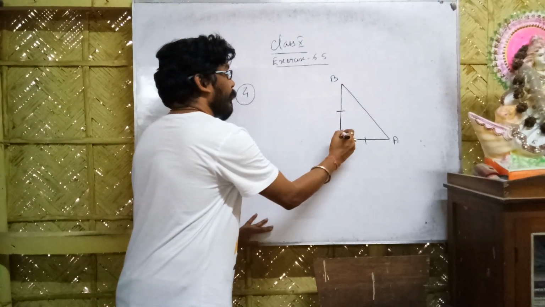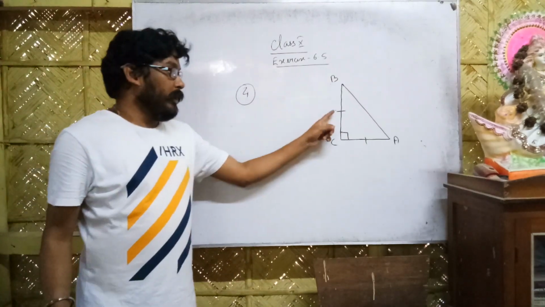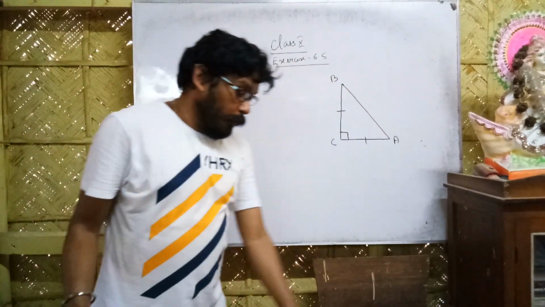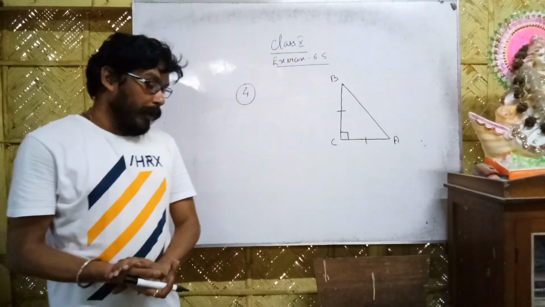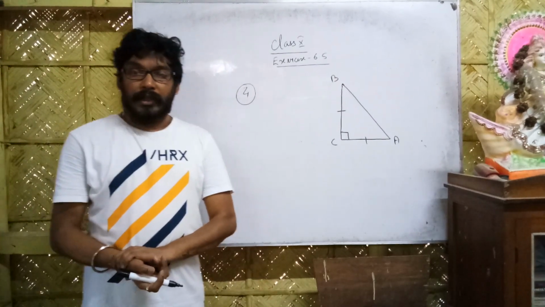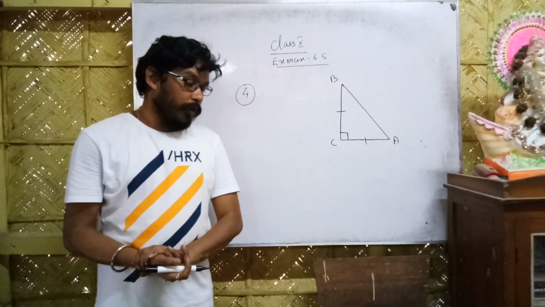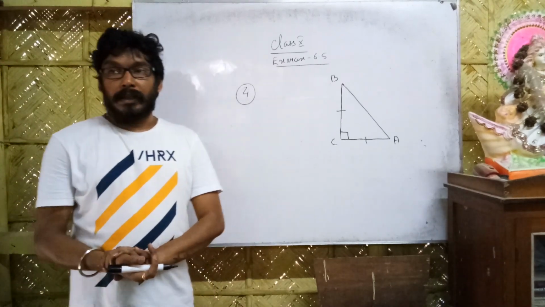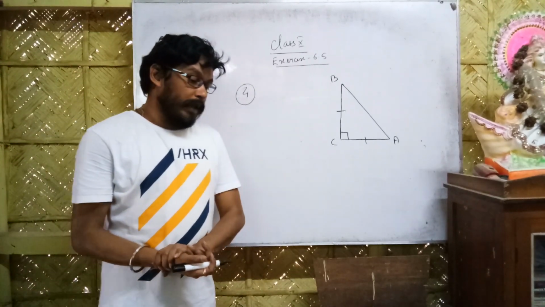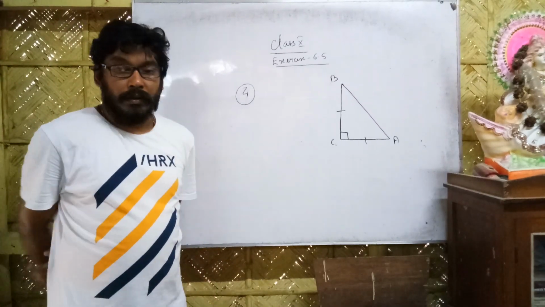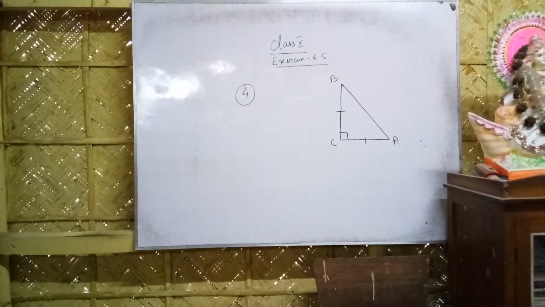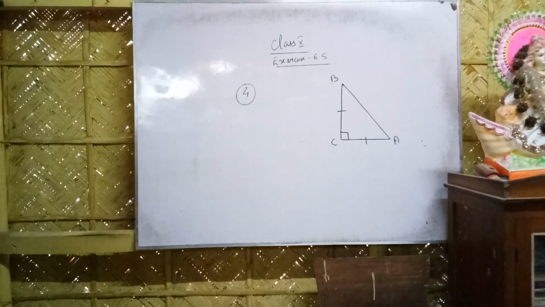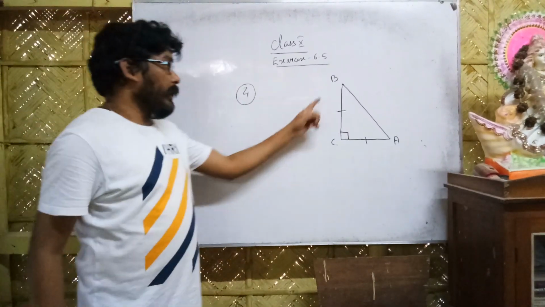Because in a right angle triangle, the hypotenuse is the longest side. So you have to consider these two sides only equal. What you have to show? Prove that AB square equal to 2 AC square. So write the given part from book. ABC is an isosceles triangle. Angle C equal to 90 degree. To prove that AB square equal to 2 AC square. Given part as it is from book.